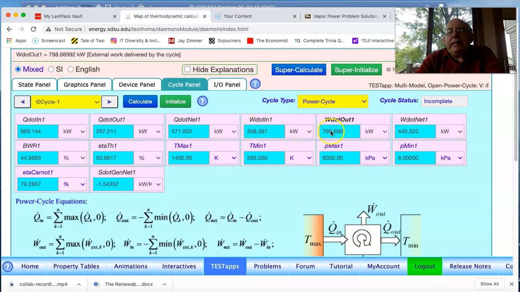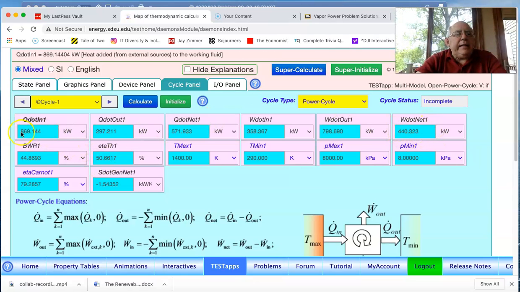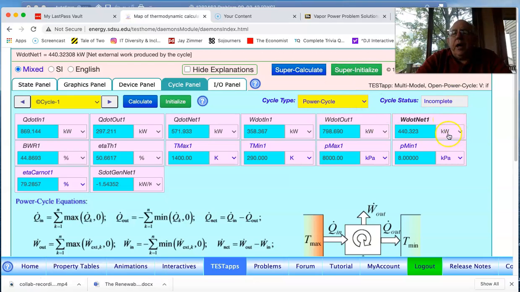And so we see that the net work is then equal to 440 kilowatts. The thermal efficiency is calculated based on the net work divided by the heat transfer. And we see in this particular case that the thermal efficiency of this combined cycle is a little over 50%. However, to finish up the problem, we recognize that the actual